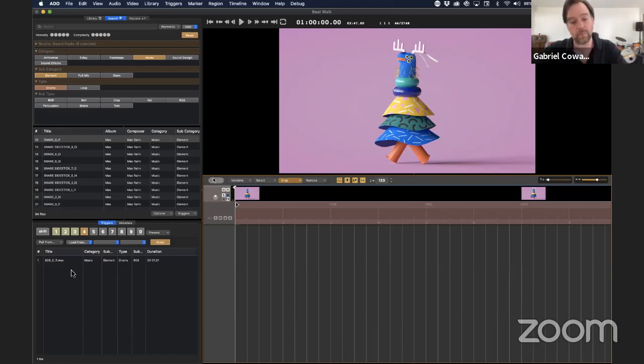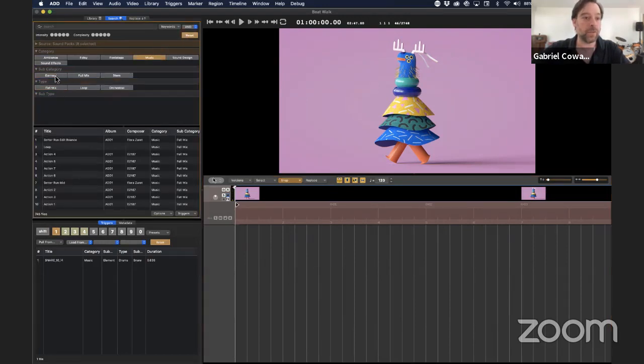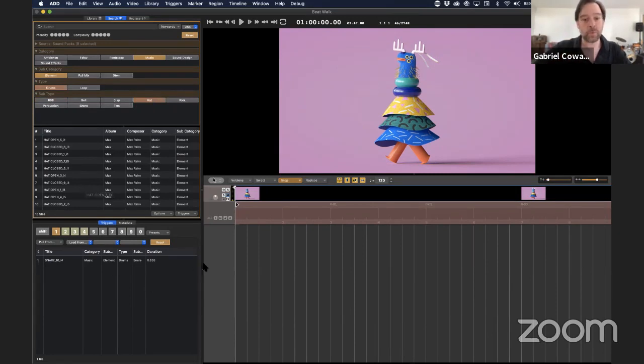Drum to my keyboard here. That's 1, 2, 3, 4 on my QWERTY keyboard. So I did that by going through and clicking on music, element, drums, and 808 drums are here, and hats are here, etc. And so I'm just going to bring these sounds in by literally going into the timeline and